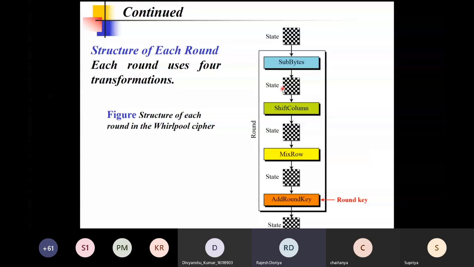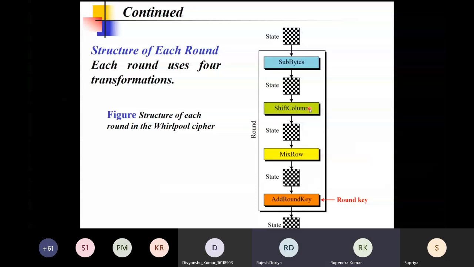Sir, here we are shifting columns rather than rows as in AES, and again, as in the third step in AES we used to mix columns, now we are mixing rows. Exactly, very rightly pointed out, here as well a little bit of tinkering has been done. In AES, we used to perform the mix column operation, right? And we used to perform the shift rows operation, right?